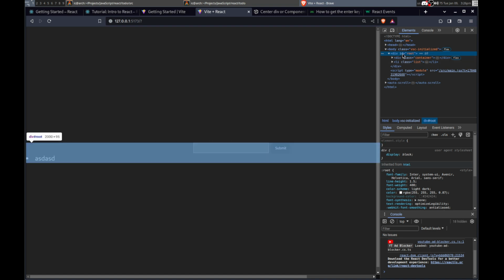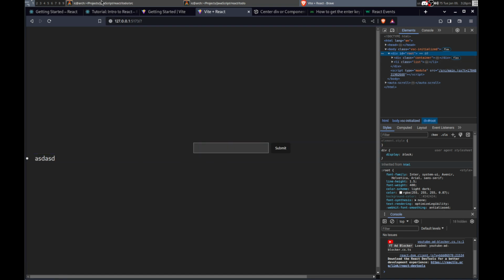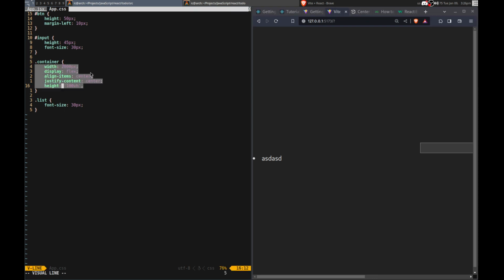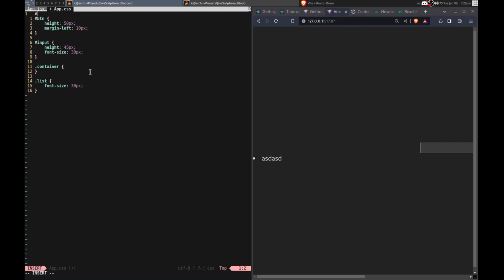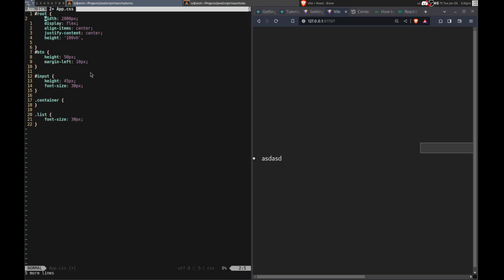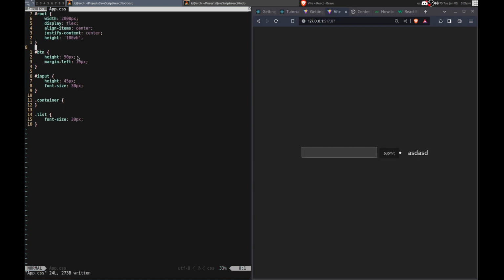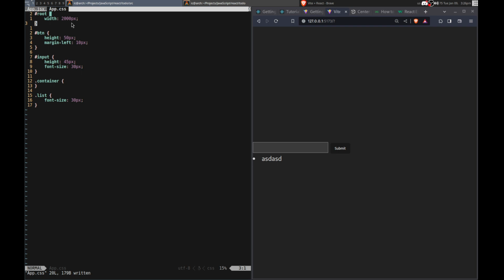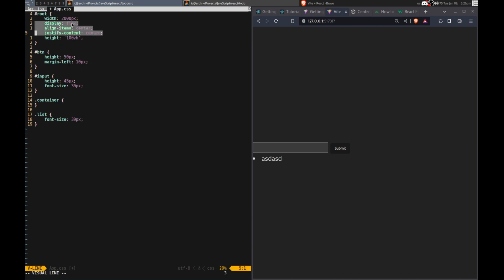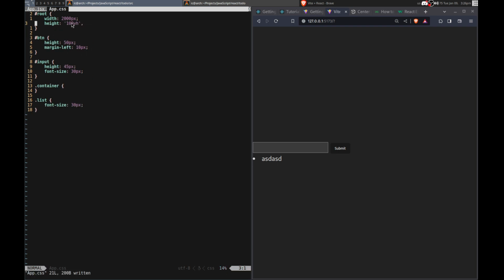That's the root, dude. Maybe I should just do stuff in there. No, because I don't want it to affect... well, maybe I do. That's not right. I don't want this stuff in there.